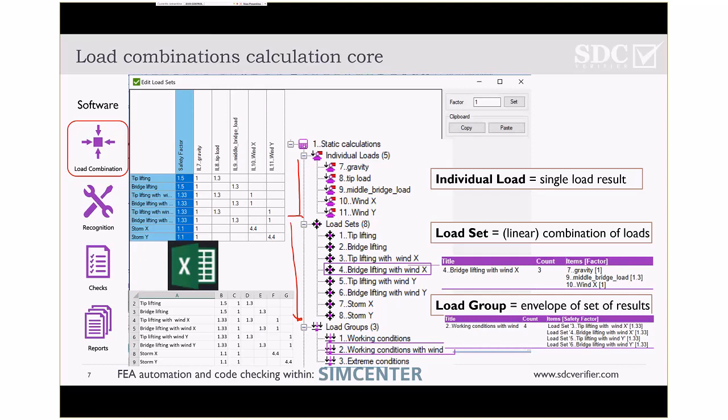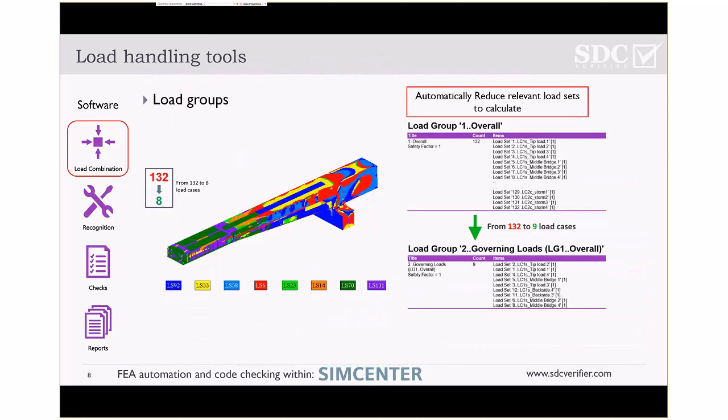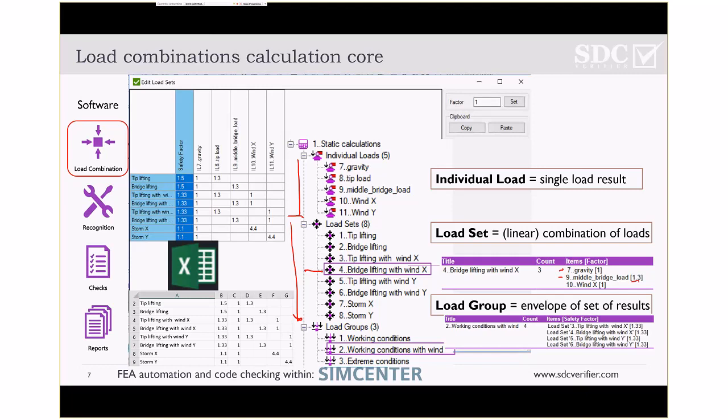And since it's based on linear combination by default, it is a very, very fast method to make a lot of load combinations out of a few base cases. For example, if we take load set number 4, then we have a combination of the gravity plus the bridge load with a dynamic factor and a wind load combined,